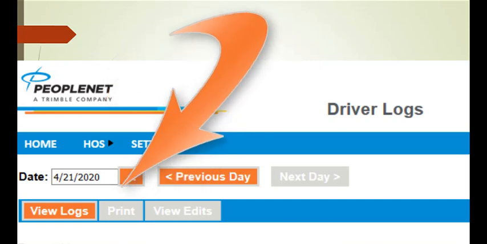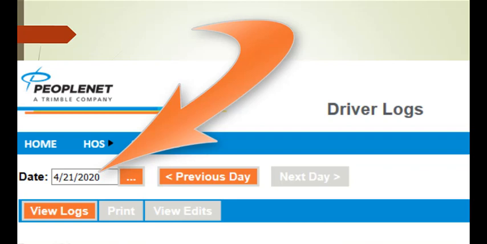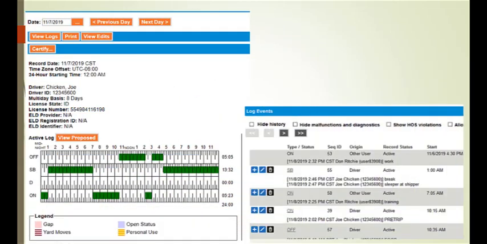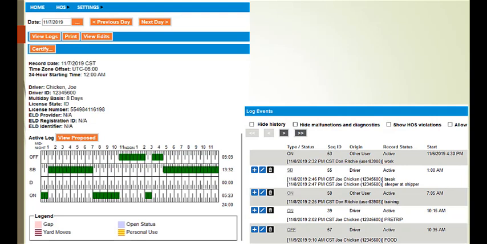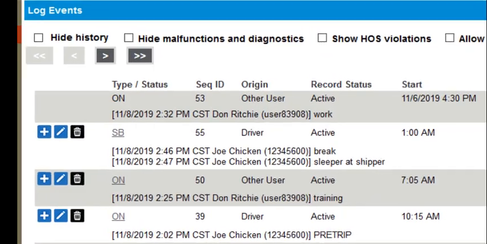If you need to go back even farther, there is the option to put in the date you would like to view. After you have chosen one of these three options, you will be directed to that day's logs. This will include a graph and all events line by line for that day. To change a duty status that has already been put on your log, you will scroll down to that line